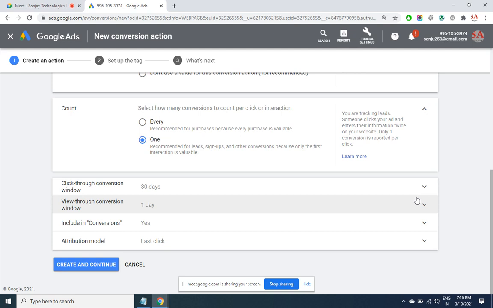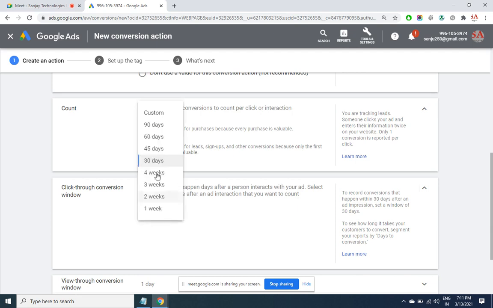Now the question is, do you want to pay Google for this sale? Some people may say yes, saying that it is because of Google only this guy 1 week back has seen an ad, then he got conversion, so Google has to take the credit of it. While some may argue and say that no, the conversion happened after 7 days, I don't want to pay. So that is what this cookie period, 30 days, is. So till what duration, if a person directly goes after looking at an ad, would you want to give the credit to Google? That number of days you can set here, say maybe 90 days, 1 week, or custom 3 days.